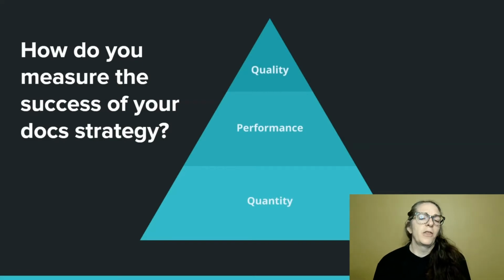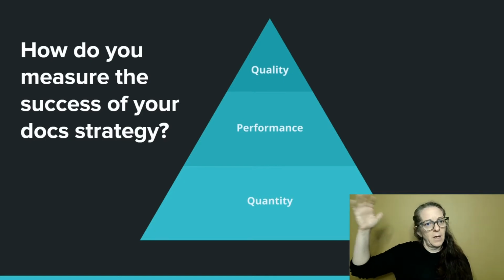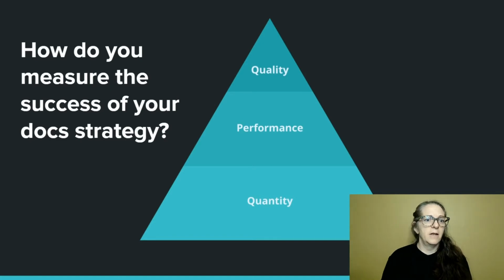We're going to take a look at three categories of metrics. We'll start with quality at the top, move down through performance and quantity, kind of going with the theme that the value of metrics is tied less to quantification when it comes to docs. So quality is really at the top of the kinds of metrics that you can collect, and then quantity is really at the bottom for what's going to be useful to you.